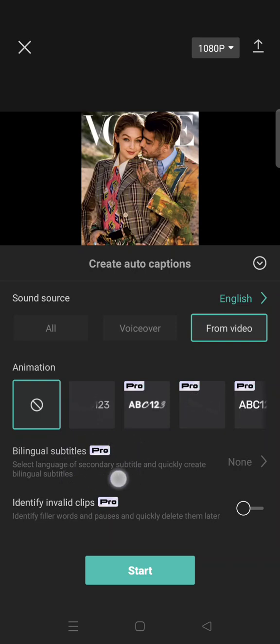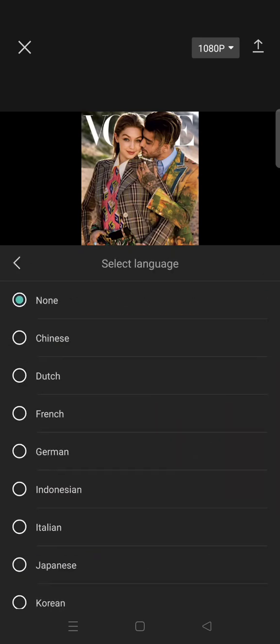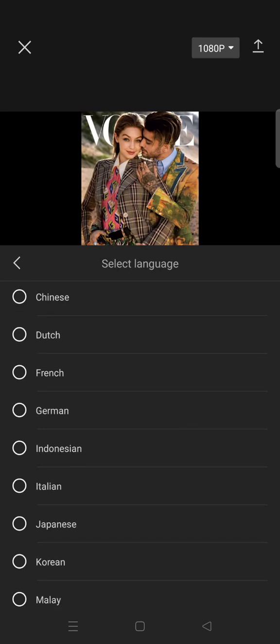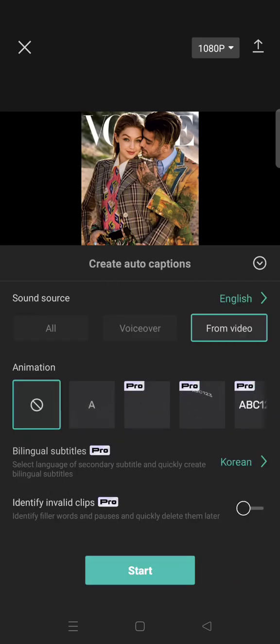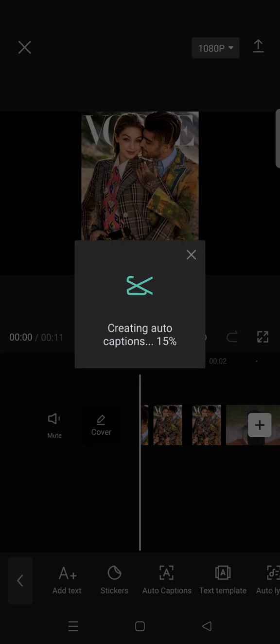But this is for the CapCut Pro users, so if you want to use it you need to buy CapCut Pro first. So just click on this and select the language that you want. For example, I want to add Korean. After that you can just go back and then just click on start and let CapCut do its magic in